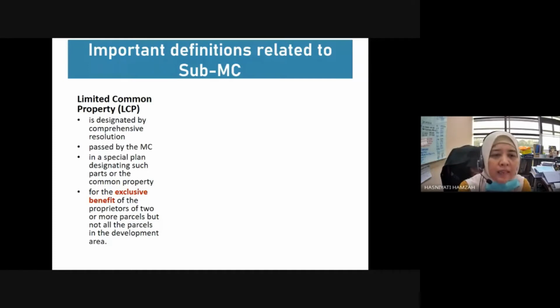Yeah. Then in a special plan designating such parts of the common property. So designated by way of a plan. Ditunjukkan, designated tu ditunjuk di mana? Ditunjukkan dalam special plan, in a special plan, SP. Designating such parts or the common property, yang menunjukkan mana-mana bahagian atau apa-apa saja harta bersama. Common property can be translated into harta bersama. For the exclusive benefit of the proprietors,